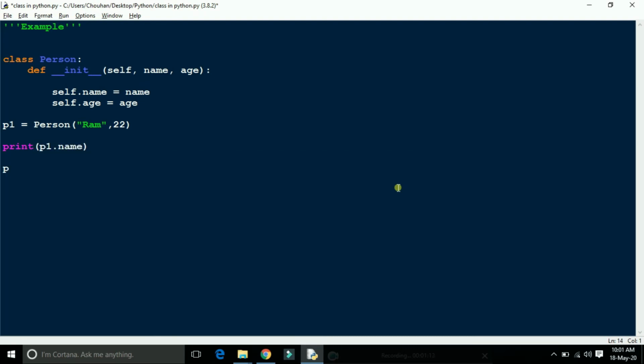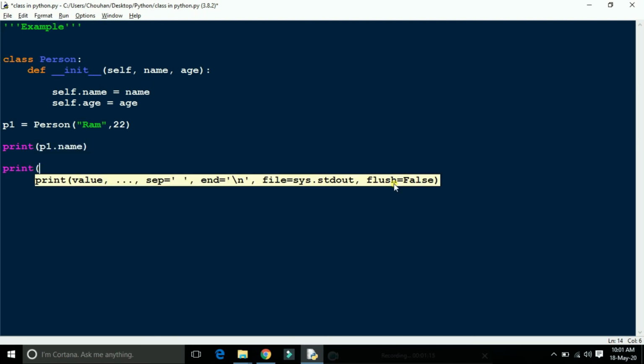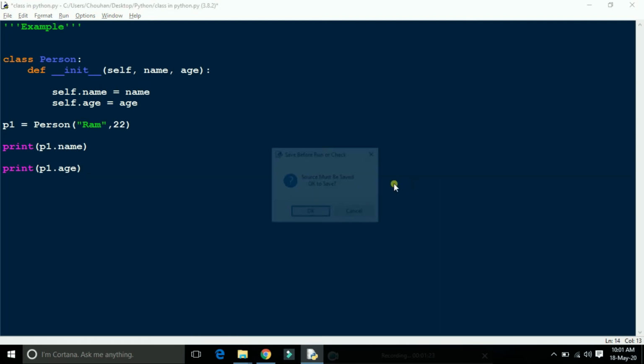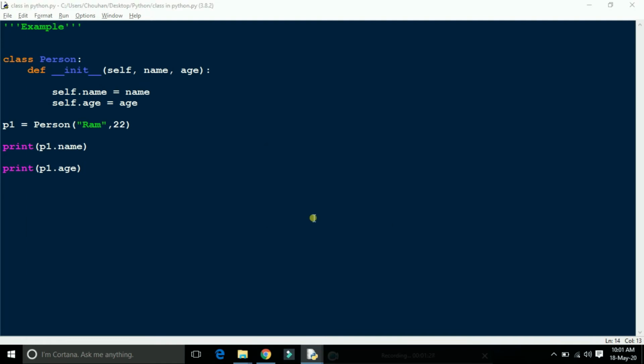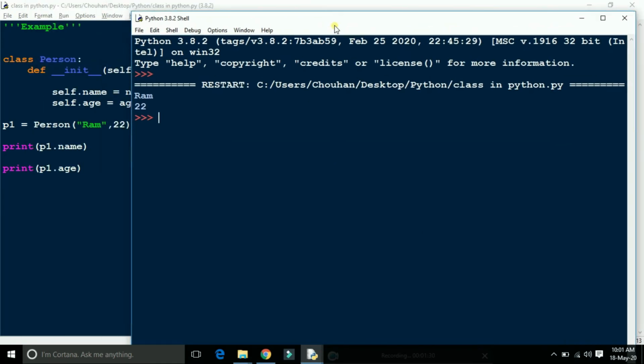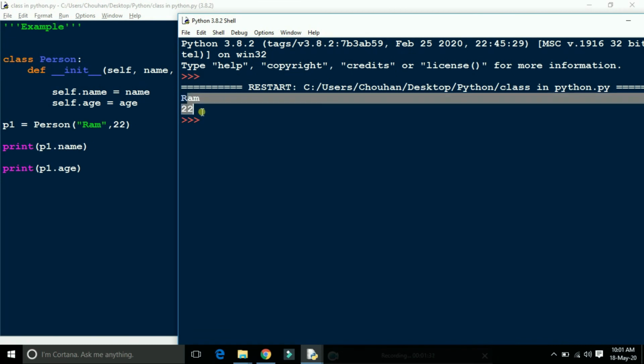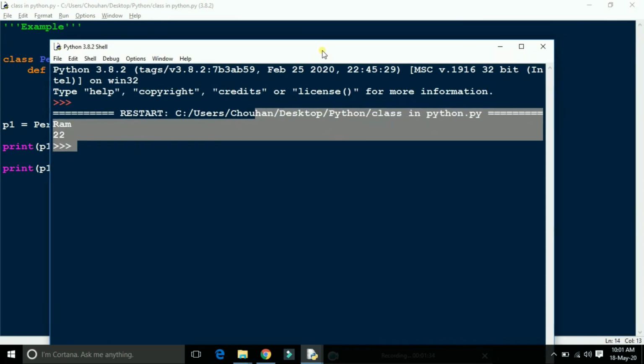Again print p1 dot age. Save it and run it. See here, it shows the name of the person and the age of the person.